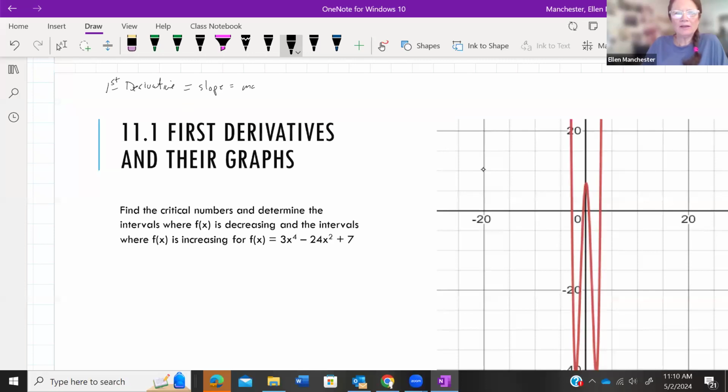We're looking for max and/or min, and we're looking for where the slope is increasing or decreasing. Okay, so if you see any of these terms, then you know you're going to do first derivative. Another term that is also part of first derivative is critical points or critical numbers. If you see the term critical numbers, so like right here, that is your indicator that we are